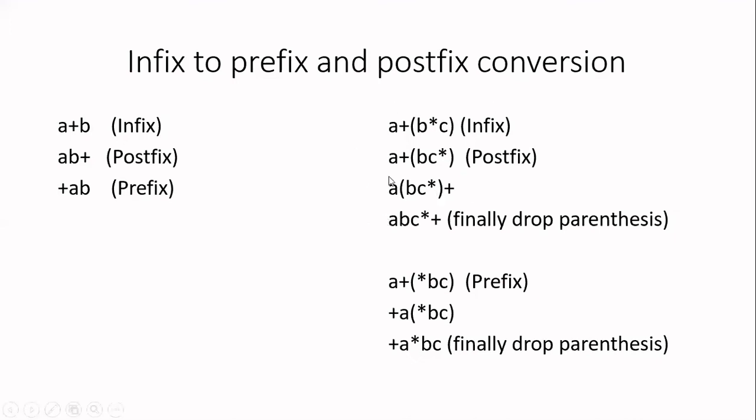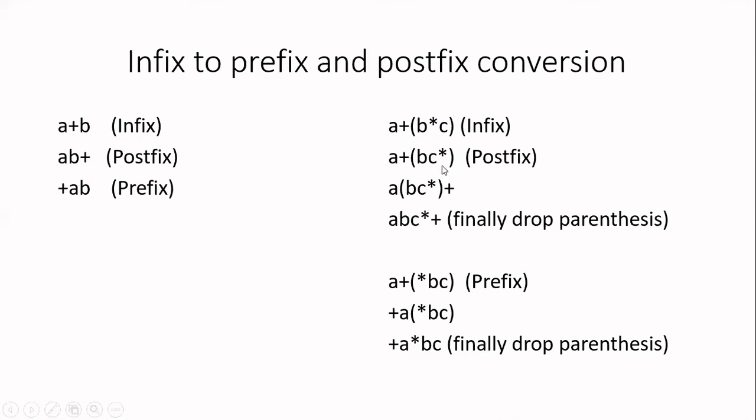So here I gave you an expression like this. If you want to do this manually, you give the parentheses with respect to the precedence. So first I will give parentheses for b multiplied by c, because multiply is going to have more priority than plus. Now I will convert this into postfix. So I take multiply, I put this after both the operands b and c. So I will now have bc multiply.